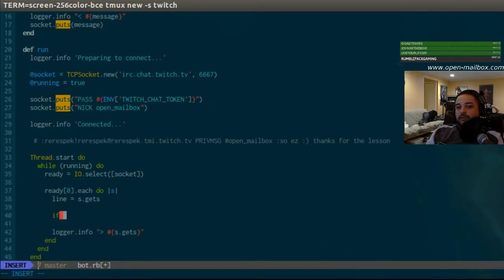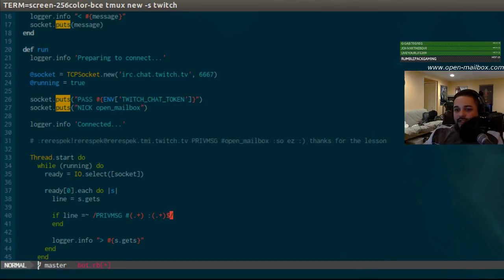So if the line matches with message, actually can do better than that probably, right? We'll match the first word after. That should give us the username. And then we'll see a colon, and then everything that follows is going to be the actual message. And I actually want that in a variable, right?